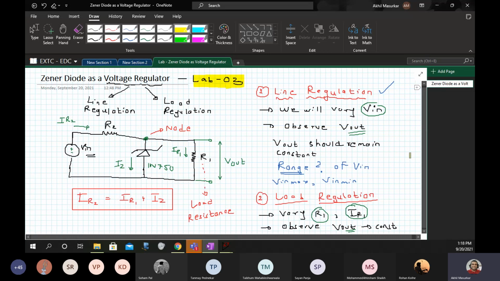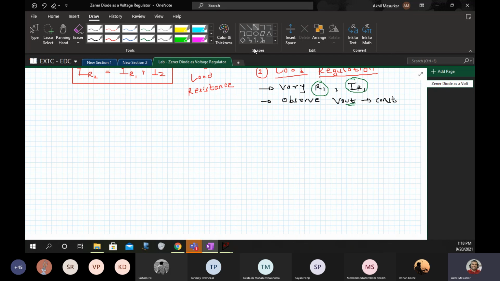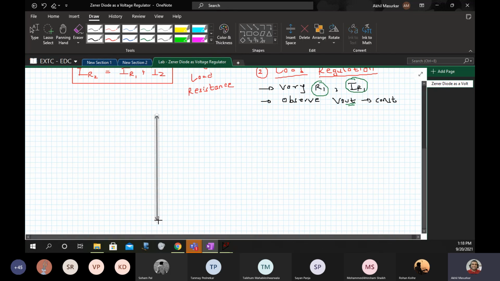If this is the characteristic of the Zener diode, the place where it bends is basically 4.7 volts for 1N750.